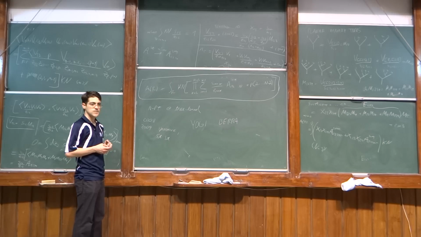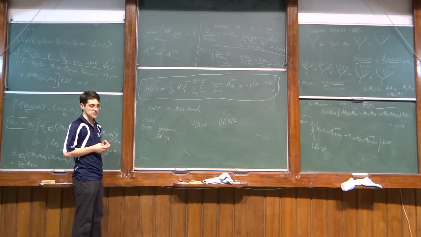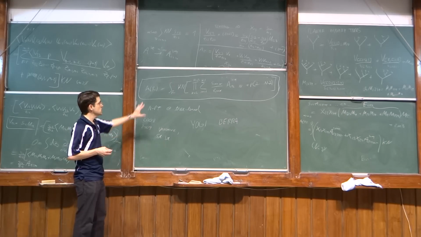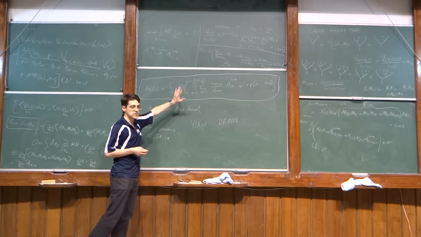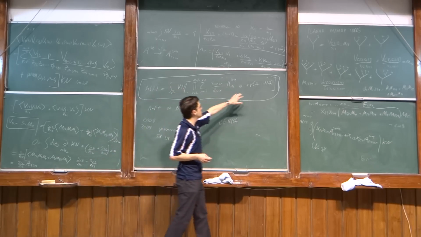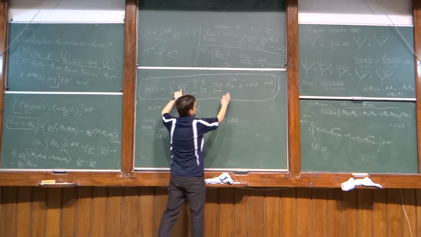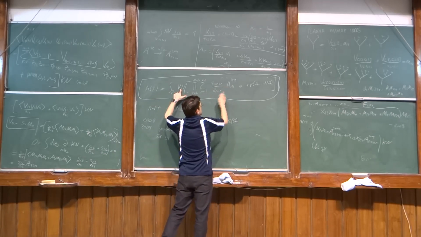So they showed it only in the alpha prime going to 0 limit. Yes. And we are saying that this is now the full string answer. Yeah, so this is the full thing. All the alpha primes are coming from here. So for example, there is no alpha prime here.